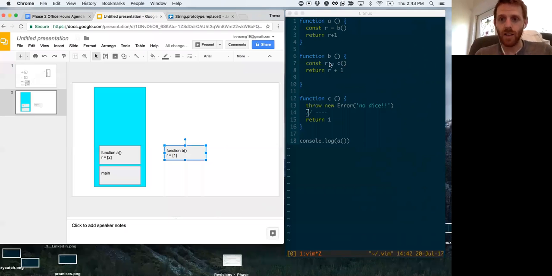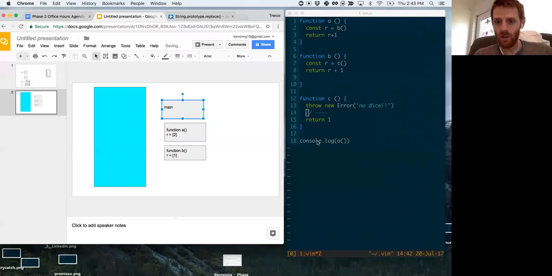And we don't get past line 7, and B gets completed, and we go back, pop A off the call stack, and we look to see, is there a try catch block surrounding the call point in A where B was called? And since there's not, we go all the way down to the bottom of the stack, and we look in main and we say, okay, in main, is there a try catch block surrounding the call to A? So this is unwinding all the way down to the bottom of the stack. And if we get to the bottom of the stack and we still don't find a try catch block, then the program just terminates and that error gets thrown out,